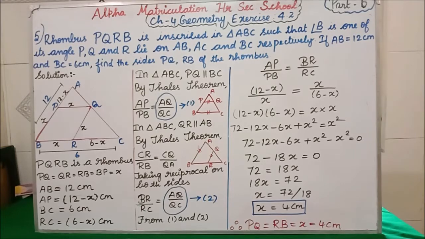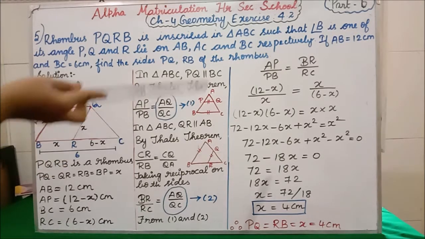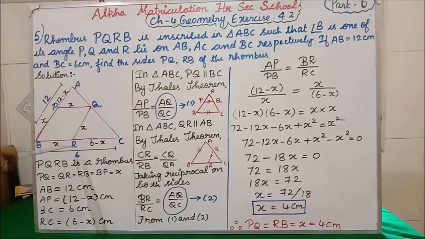So what we are doing is, we are taking this BR value as x and the full length they have given in the question itself, 6. So what remaining value do we have to take? You have to subtract, 6 minus x, and you have to write this value. Clear all of you? When you add these, what will we get? We are getting correctly 6.